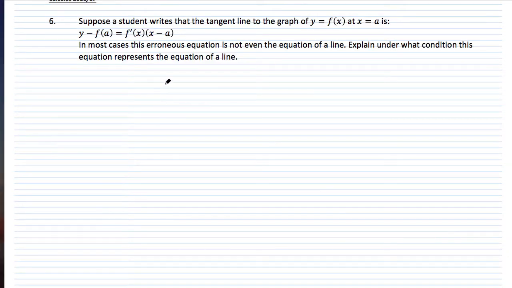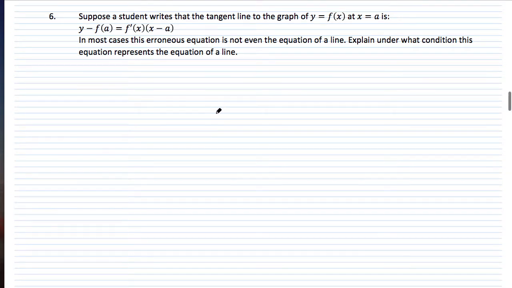So question number 6 is a very interesting conceptual question that basically tests your understanding of how this equation differs from what we have above. In case you've forgotten what we have in notes, the equation for a line can be written as y minus f of a equals f prime of a times x minus a. And so this is the equation for a tangent line